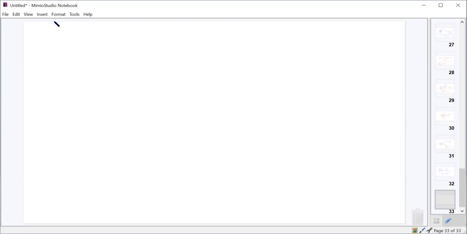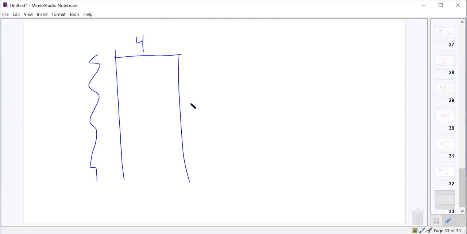Okay, yes, this city. So let me just throw this one up here and we'll talk about it real quick. Let's see, what have they got? They got a river over here. They got a 4-mile wide section here. This is 7 miles. This is your city. And then they said the